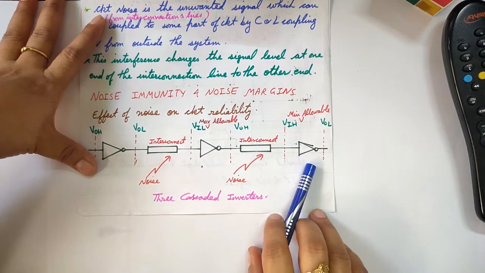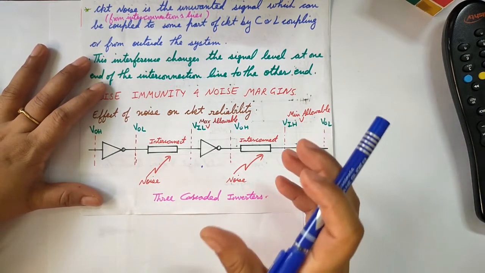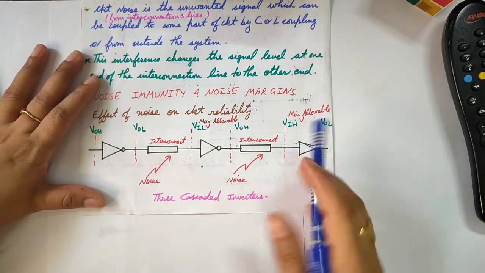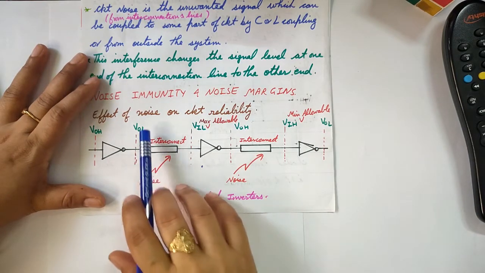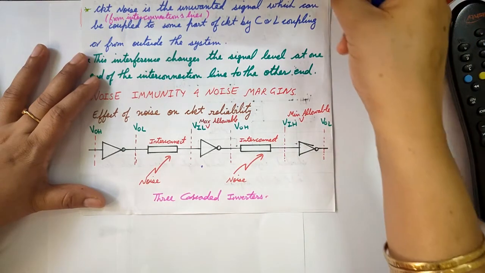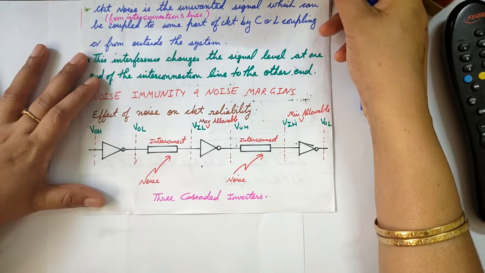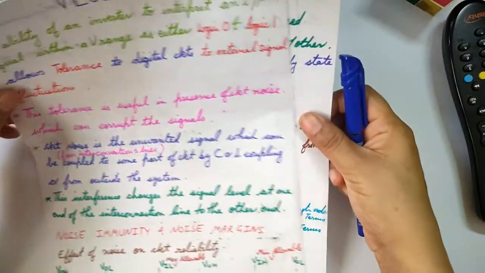So I just explained how this noise margin gives us a margin in which we can work in a noisy environment. Even though the noise is coming, even though the values are increasing or decreasing, we have these cappings which help us to give a correct output even in the presence of noise, and that's why these are called reliable circuits, which can work efficiently even in noisy environments.